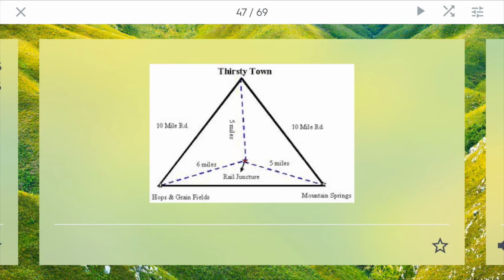Here is a Weber visual, and this is a very famous example with like Thirsty Town producing spring water, hops and grains fields for beer and shipping it. Generally, if you make really heavy products, you'll want it closer to market because of less shipping costs, while with lighter products, you can afford to make it in a different place and ship it over. It's really a balance between how much it costs to ship and what's economical, where the prices are good.